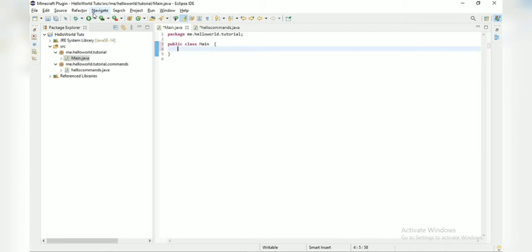We have made a Java project, and then we have installed the IDE. First we installed the IDE, of course, and then we made a Java project, and then we made a package, one package, and then we made the main class in that. So in that, what we are going to do is